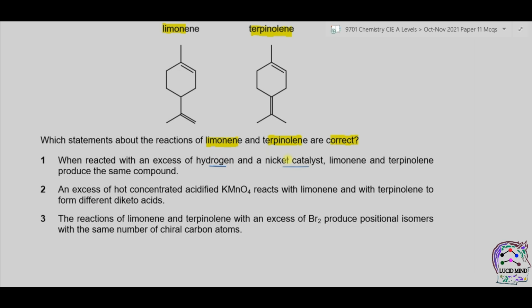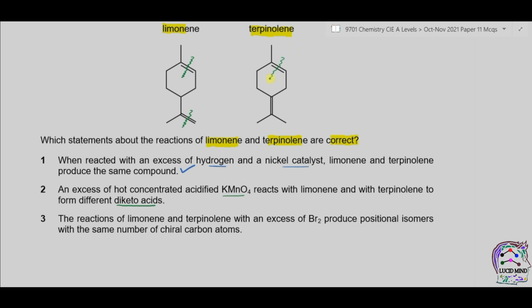Now what will happen is that in the presence of nickel, hydrogen will get attached to double bonded carbon atoms, so alkene is converted into alkanes. Also we can see that the double bond will be converted into single bonds. So yes, we can say that the product is the same. Part 2. An excess of hot concentrated acidified KMnO4 reacts with limonene and with terpinolene to form different diketo acids. Now hot concentrated KMnO4 breaks double bonds